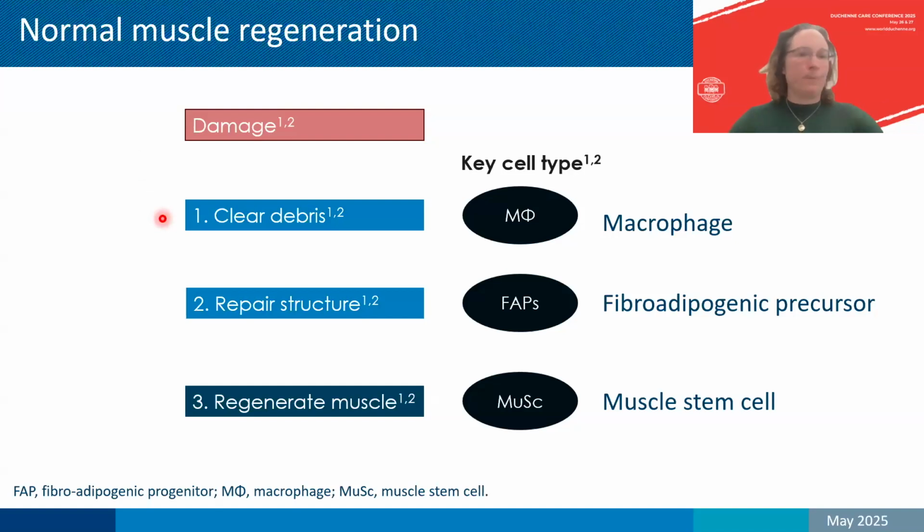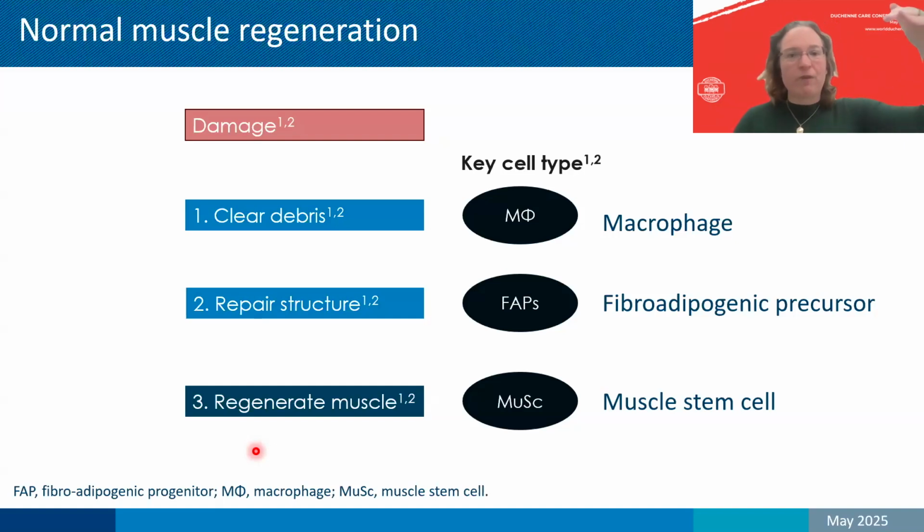Then the FAPs, the fibroadipogenic precursor cells, will repair the structure. They will make new connective tissue, so they make the scaffold of the muscle fibers. And when the scaffold is there, then the muscle stem cells are activated and they will repair the muscle. So they will fill these